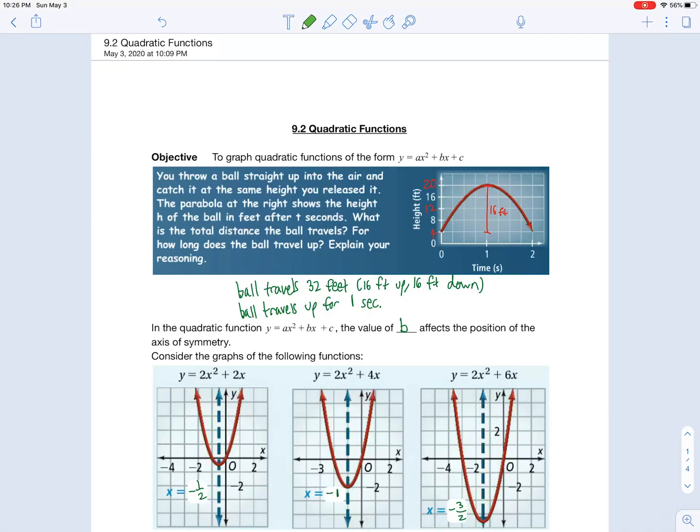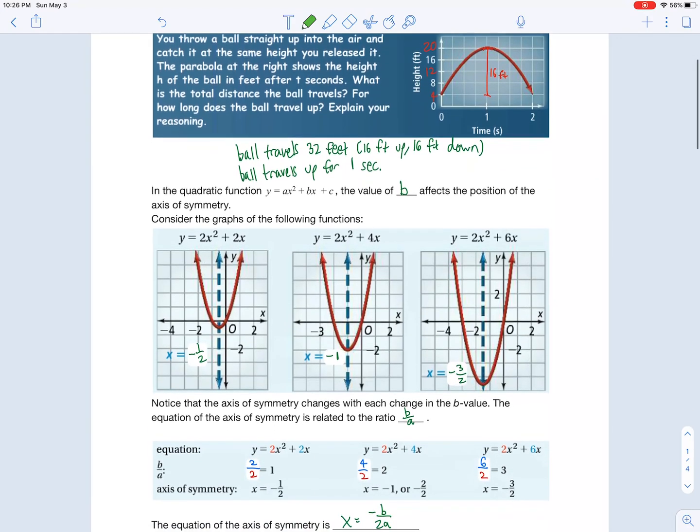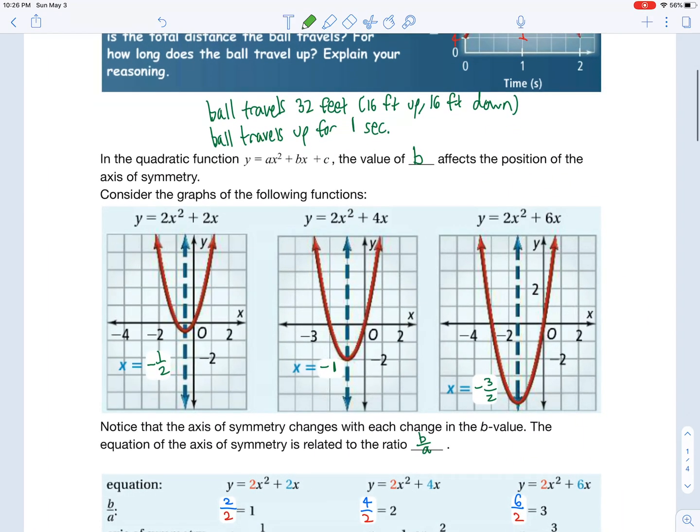In the second section of Chapter 9, we're going to be looking more in depth at our quadratic functions, and more specifically how to graph them. I'm going to skip over most of that first question. It's there for the answer in case you want to look over it. But I just want to look at these graphs down below it and show what happens when we affect one